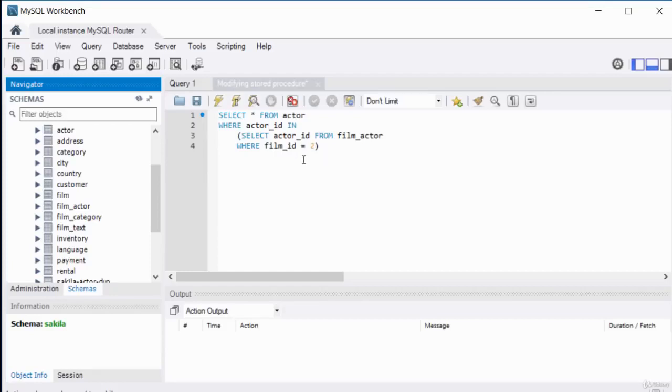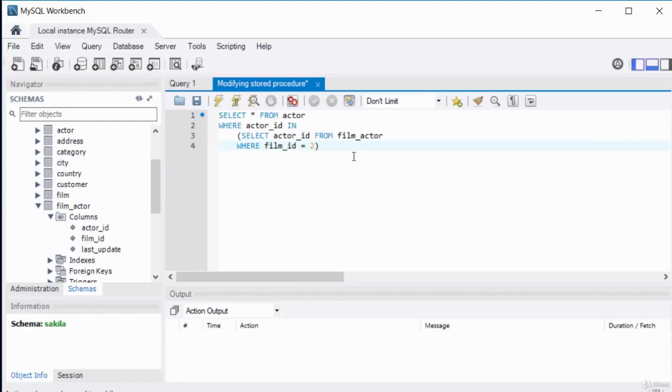We're able to achieve this because the film_actor table contains both the actor_ID and the film ID. I've already shown you, that's the actor ID and that's the film ID from the film_actor